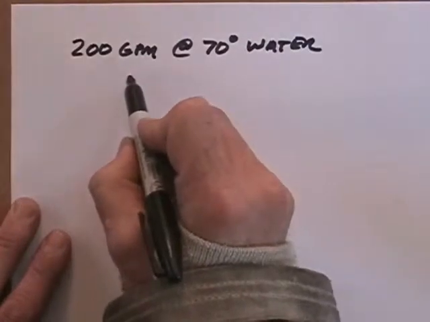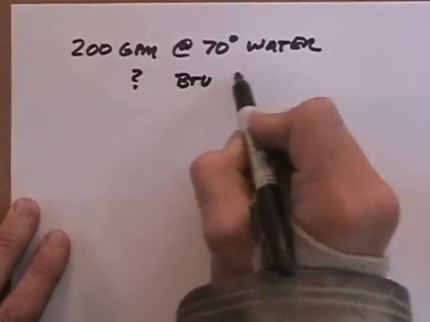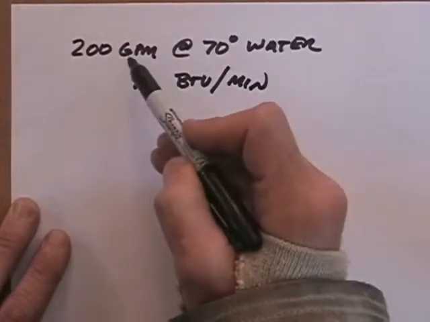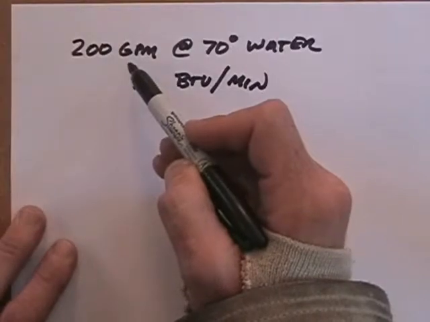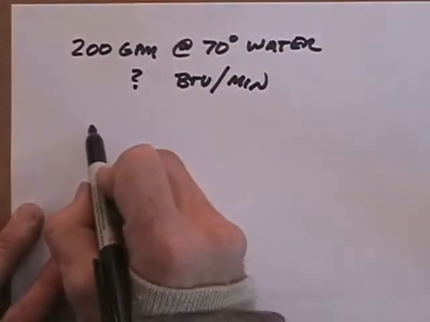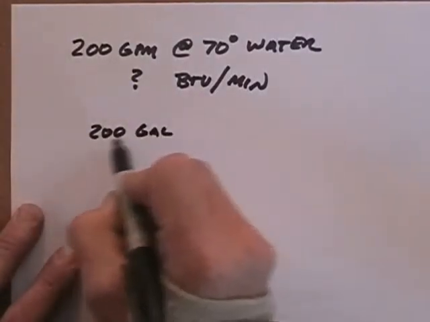Usually the question is worded in a way that it wants to know how many BTUs per minute our 200 gallons per minute will absorb. Once again, we know that BTUs are in pounds, so we need to convert that first. So our first part of our calculation is our 200 gallons per minute